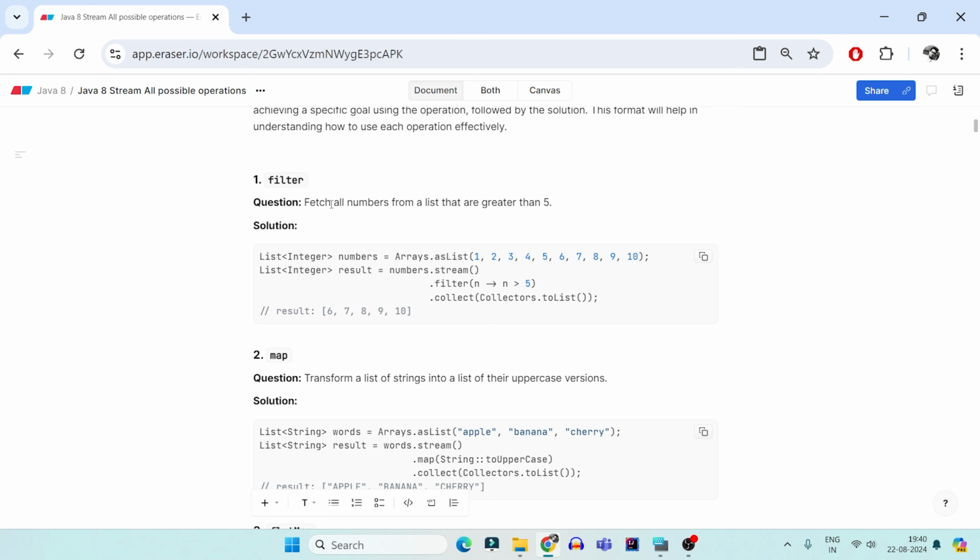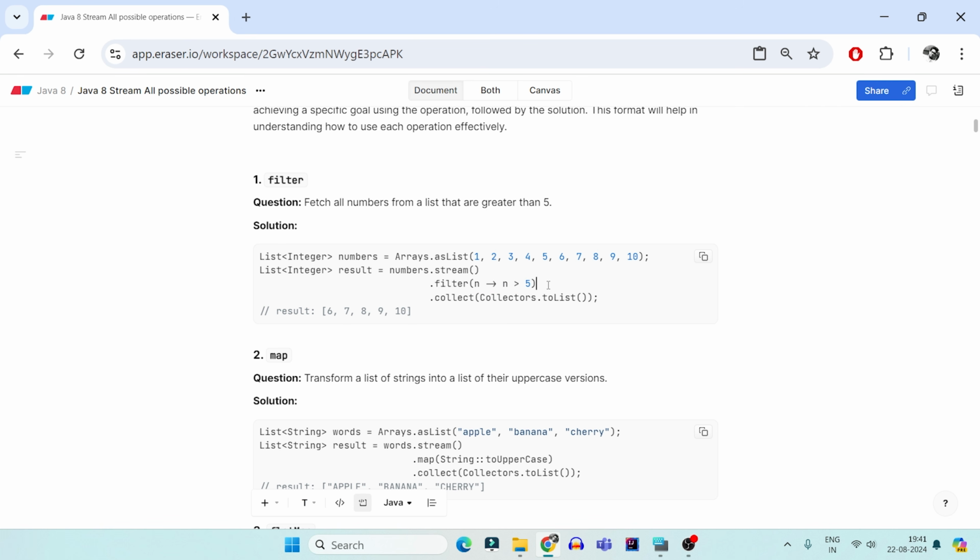Filter is the one that filters out only those elements which satisfy the given condition. So the result of filter is going to be either the same number of elements you have in the stream or fewer, because a few of them will be eliminated when we filter them based on some Boolean condition or predicate.